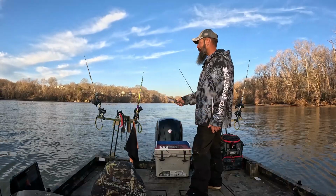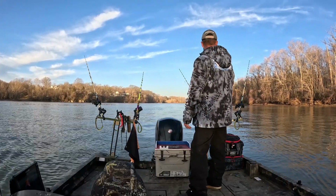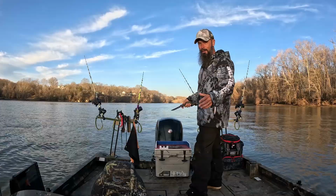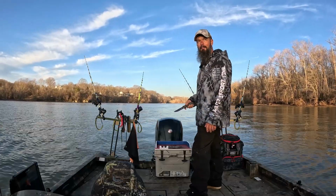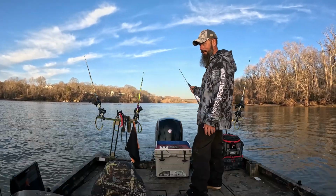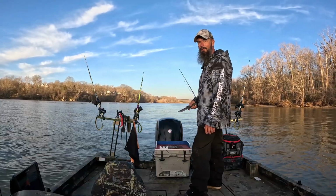I caught my bait over here, the boat ramp's right there, and there's a creek mouth right here that has a channel that comes out. It's kind of a point where the current pushes off. So I'm going to stick with where I could find these fish out of the current. But I'm going to try to fish in front of some of these creek mouths. When I go further down, it'll just be random spots where I've caught